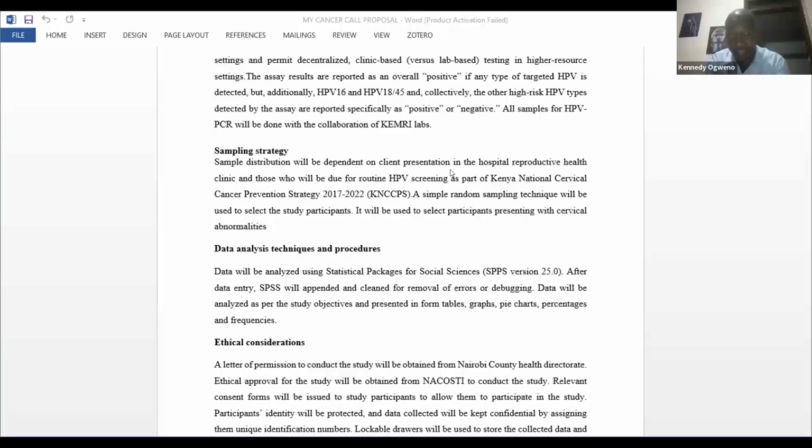Perception, what do they think? How do you collect that type of data? You go to the field, you talk to them, you interview them, then you record. That's how we collect the qualitative data. Once you record in audio, you come and transcribe. Okay? Once you transcribe, then you do analysis.